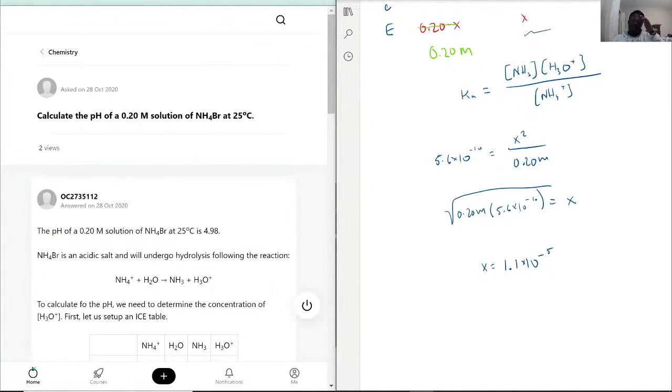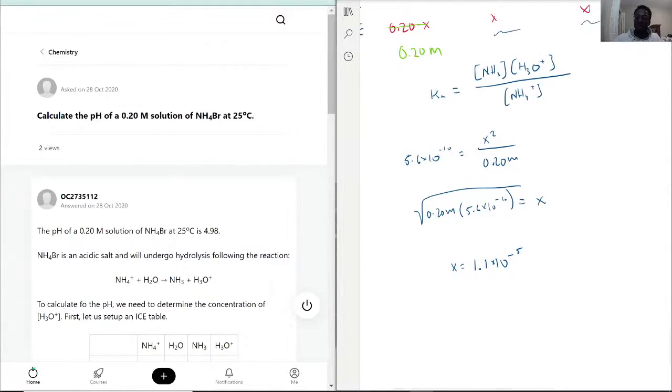That tells us that in this solution we produced that amount of ammonia and hydronium. So now to find out how much that is in pH, we need to use this formula: pH is equal to negative log of H3O. We plug in that value of x, so negative log of that answer. Our pH for this solution is sitting at